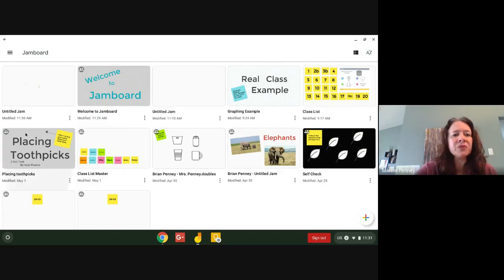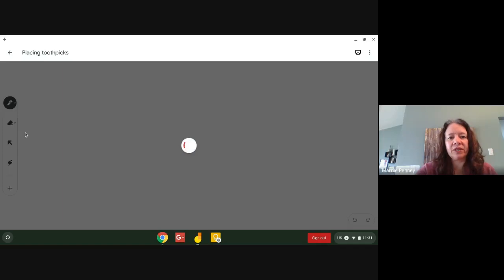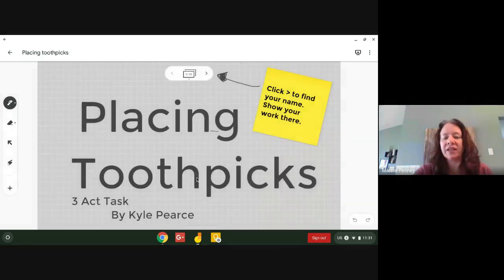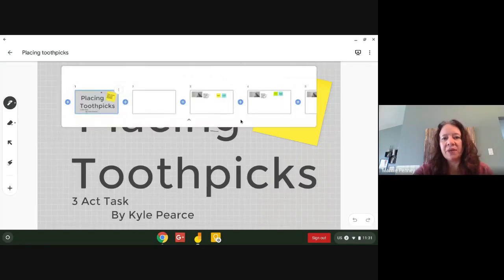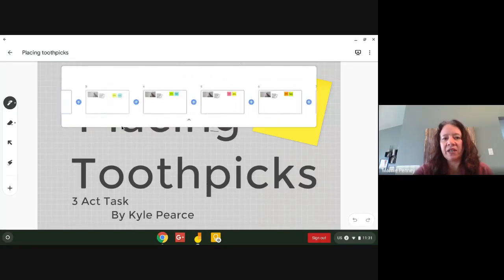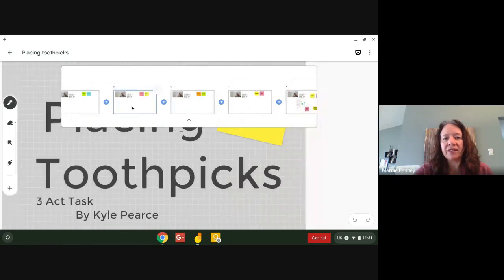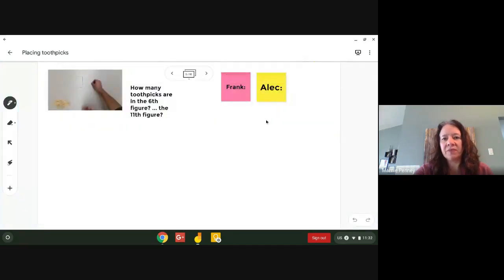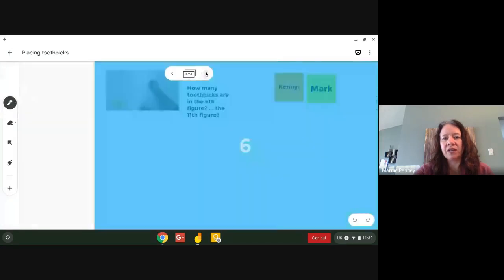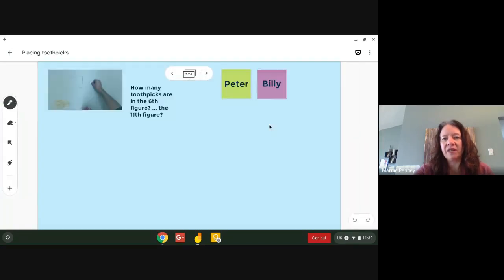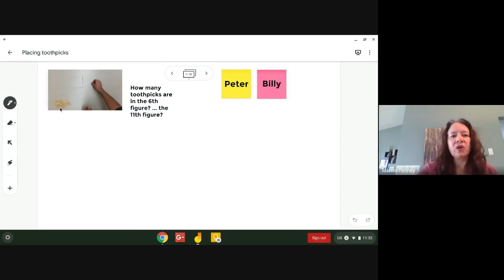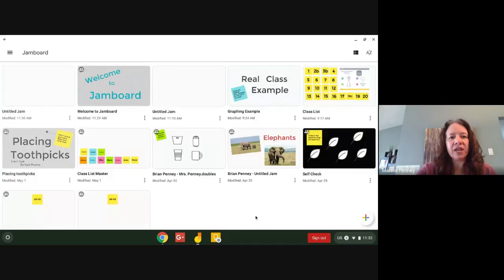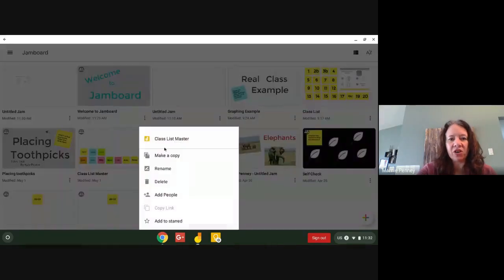So here's one I created just quickly. It was a 3-act task by Kyle Pierce that I've done. And so I have my title page, and then I have these pages populated with the problem. And you can see I have Frank and Alec working on this one, and Kenny and Mark working on this one, and Peter and Billy working on this one. And so I have my students populated into each frame so they know who their partner is and they're looking for their workspace. So in order to do this, I've created a master class list,